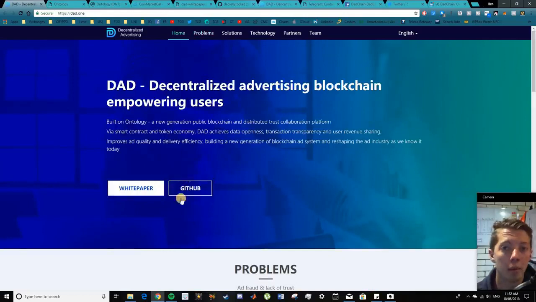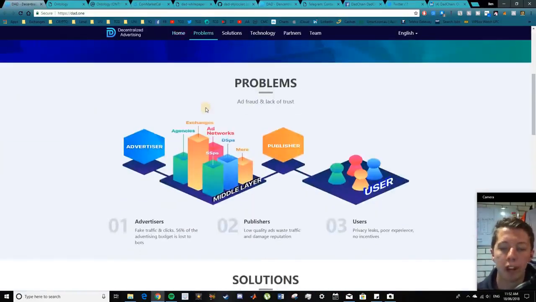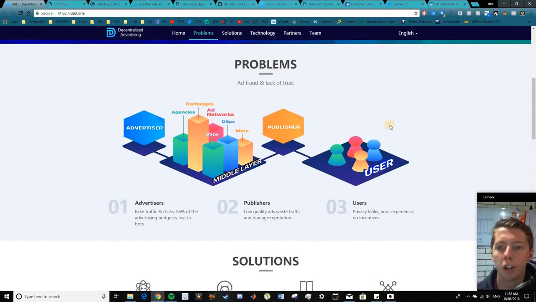Now, they have the white paper and the GitHub listed here, which I will come back to, but one thing I did find on the GitHub checking it out, there isn't actually any public repositories yet, so you can't actually access any coding there. We will move down here, so basically they give you a quick overview of the problems